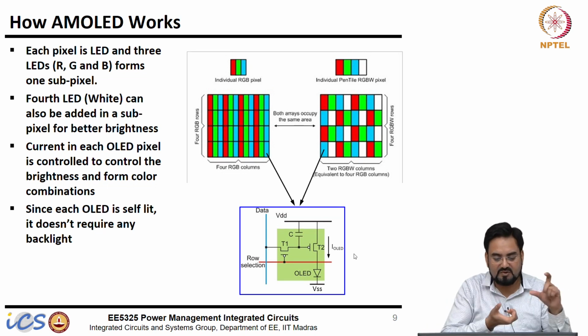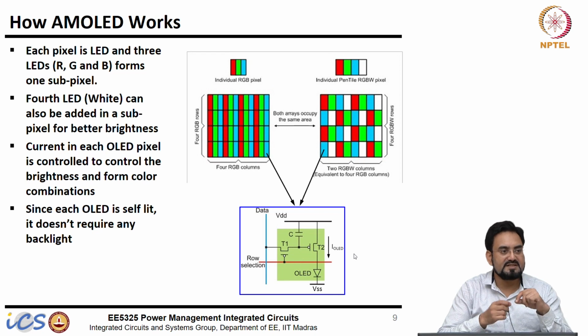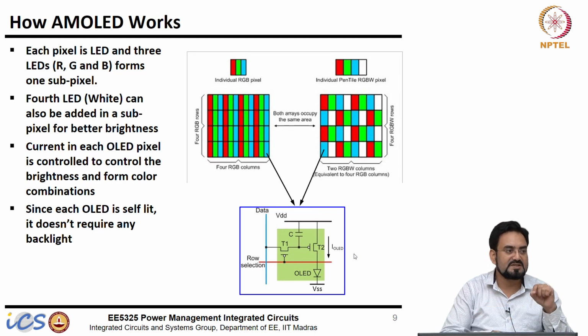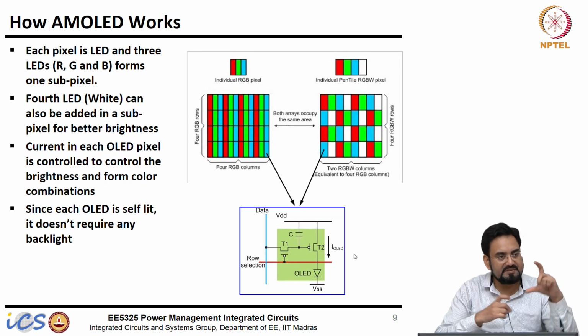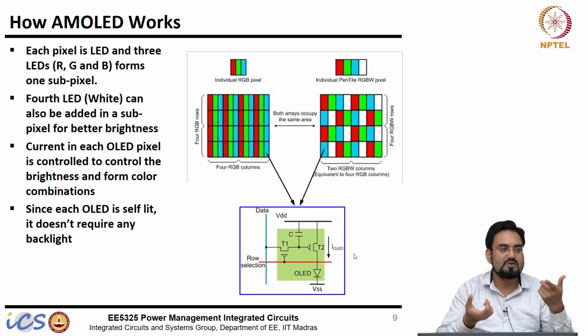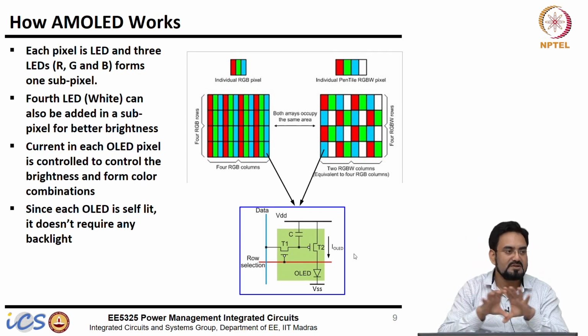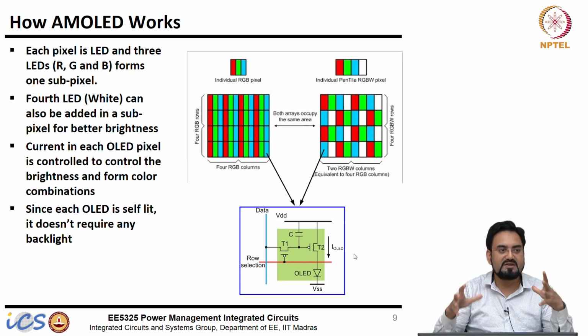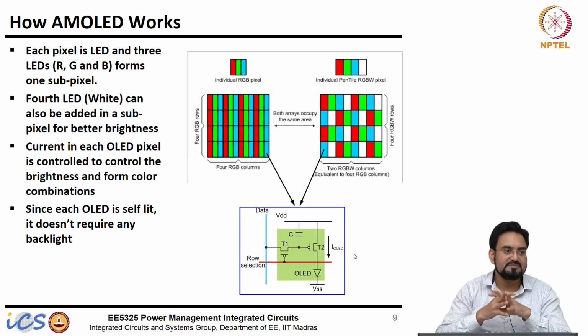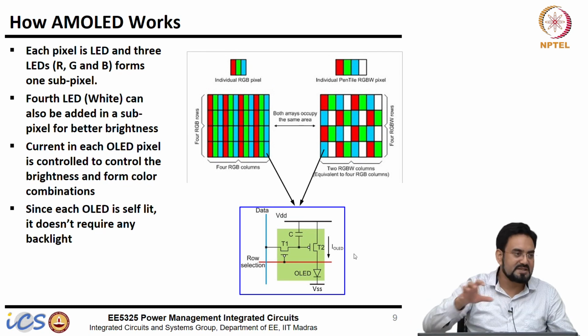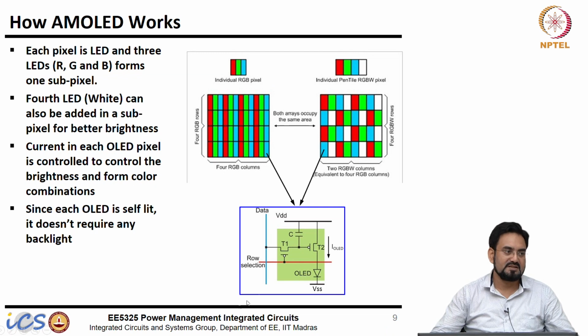So most of the time what we do, we apply both positive and negative in such a way that the average is equal to VCOM. So if your VCOM is 0, now if there is a difference between positive and negative voltage, then the average won't be 0. So what you do, you adjust your VCOM to bring it to the same average. So on an average the voltage you have applied across the crystal remains 0. Otherwise you will get a frozen picture and your display can be damaged actually. So that's a requirement for the panel itself.